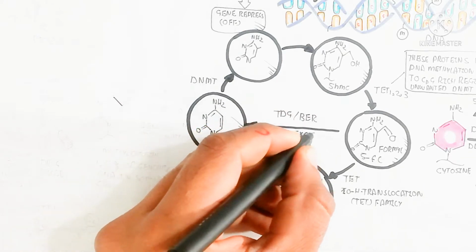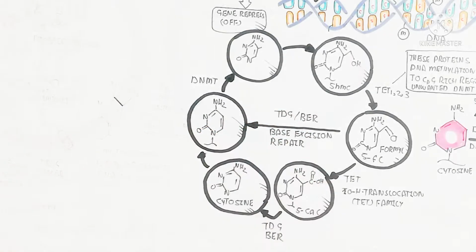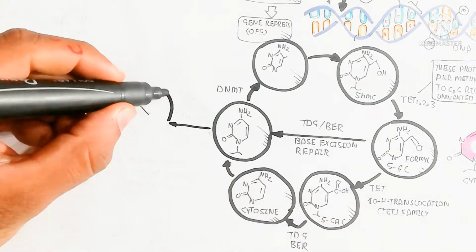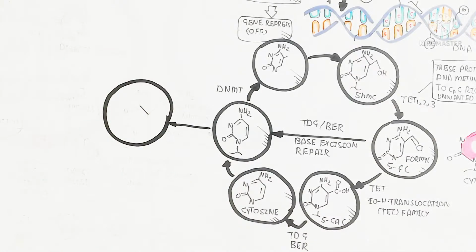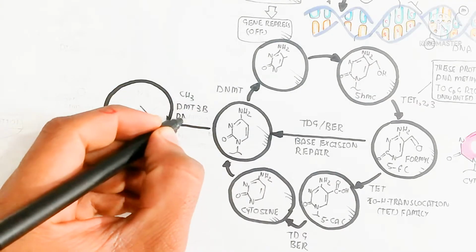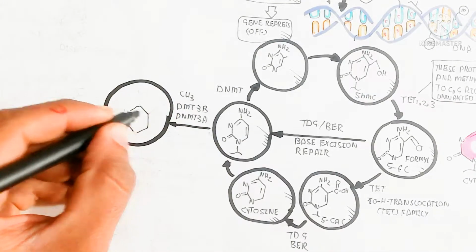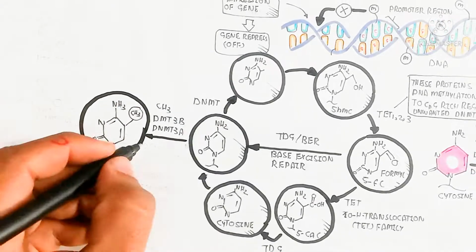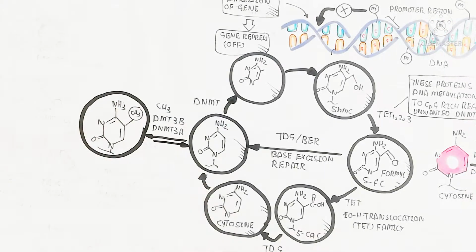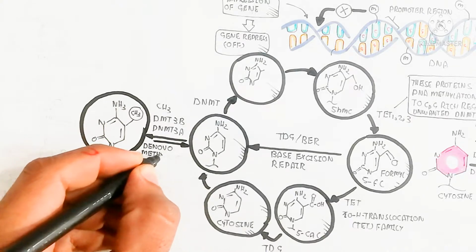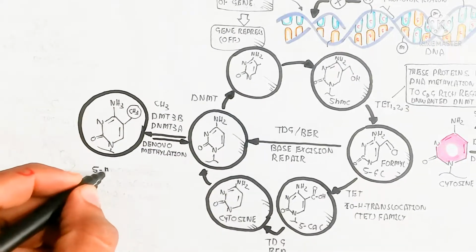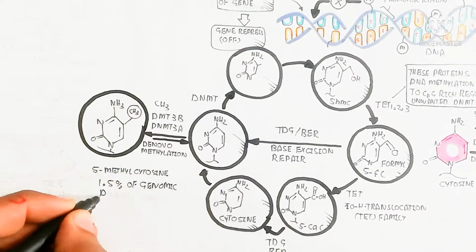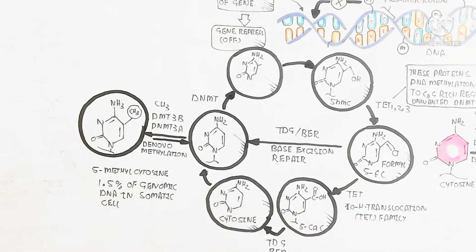This cytosine looks like this, and here TDG and BER, the base excision repair, will occur. It can be direct base excision repair through these steps. So base repair can occur directly to form a cytosine. So here DNA methyltransferase 3B and 3A attach a methyl group to form a 5-methyl cytosine, and de novo